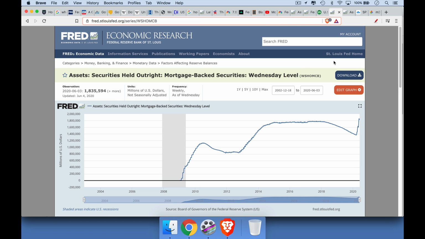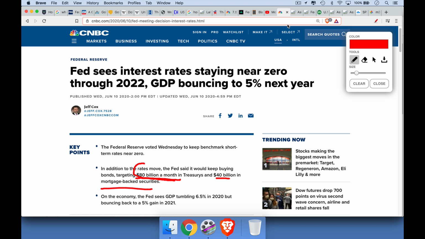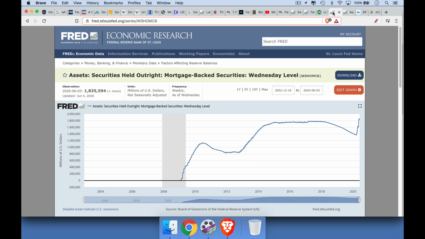This is the mortgage backs that are being held by the Fed. Basically, our central bank, the Federal Reserve, is printing new money, buying everything. They're buying junk bonds, and we're really headed toward a situation like we have in Japan, where the Bank of Japan, their central bank, actually owns a big portion of the stock market as well. But the Fed committing to do this through 2022. And by doing this, in order to do this, they need to print new money.